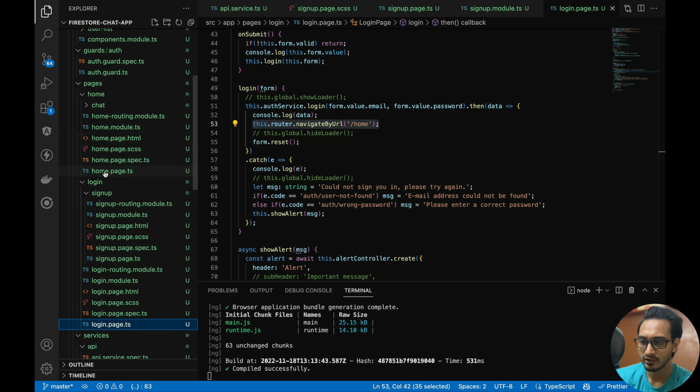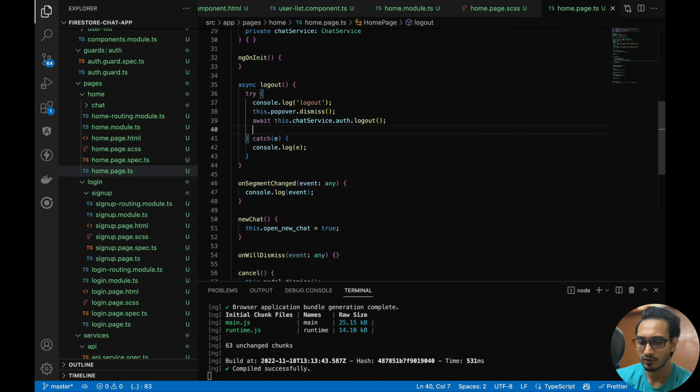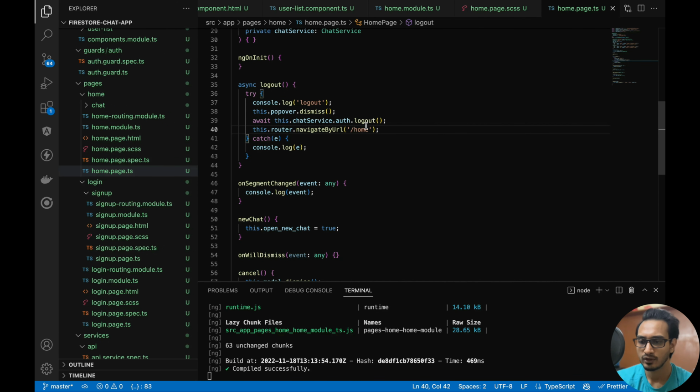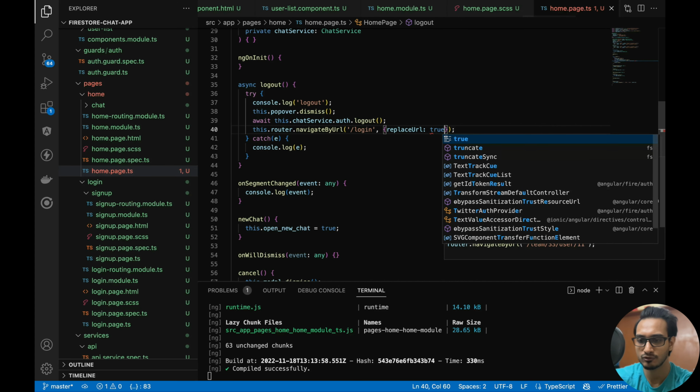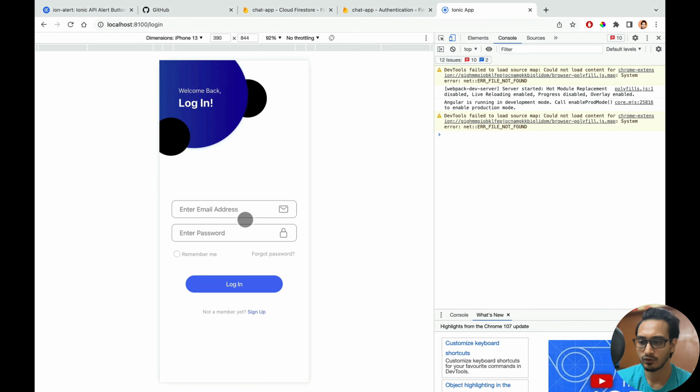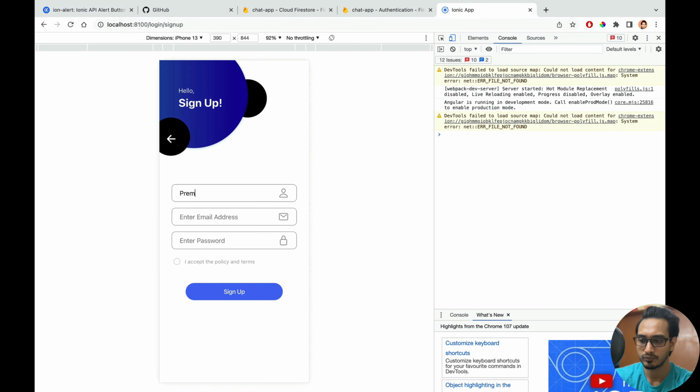Let's do the same out here in our home page also. After the logout is done, I'll redirect to the login one instead of the home one. Fine, that's it. And you will replace the URL. Replace URL will be set to true. Fine. Now if I go out here and let's go for sign up, I'll create one more,